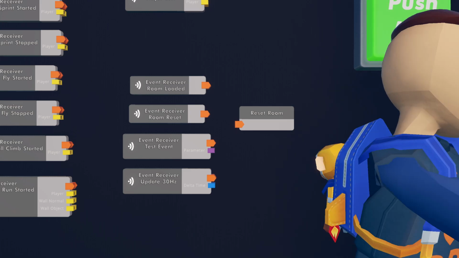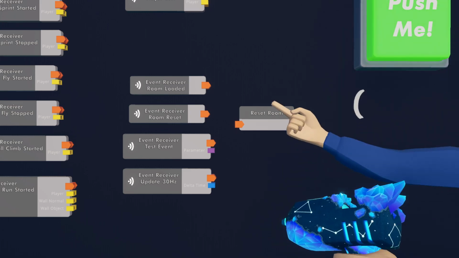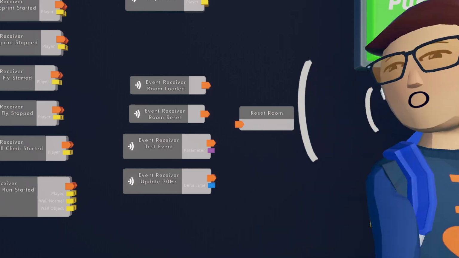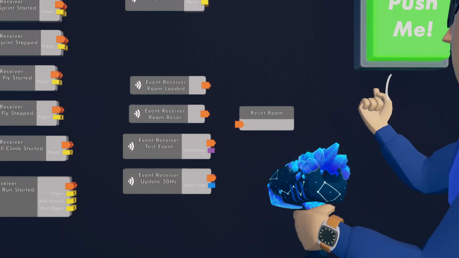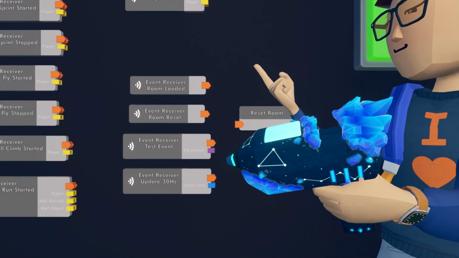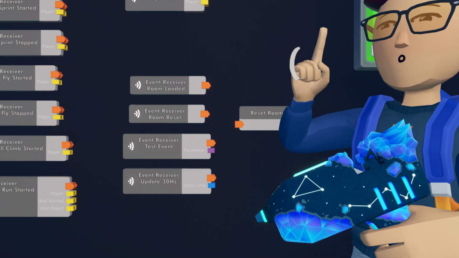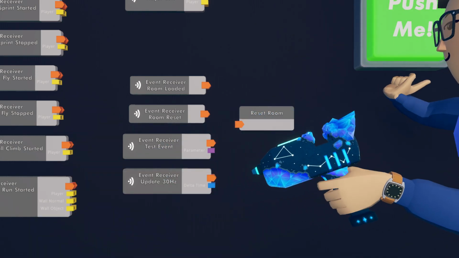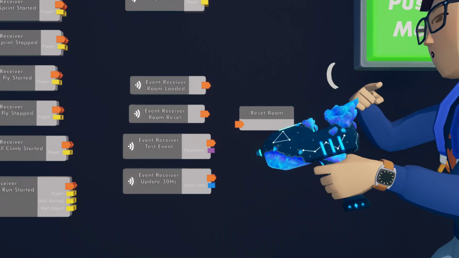So for instance, if you have a beacon and you change the color to be blue, and then you run room reset, it'll revert back to whatever the color was when you first loaded into the room. And if you have a variable chip, it'll reset it to the default value. It'll change everything back to be as it was when you first joined the room. Specifically things that you change with circuits. Anything you change with maker pen will come back.